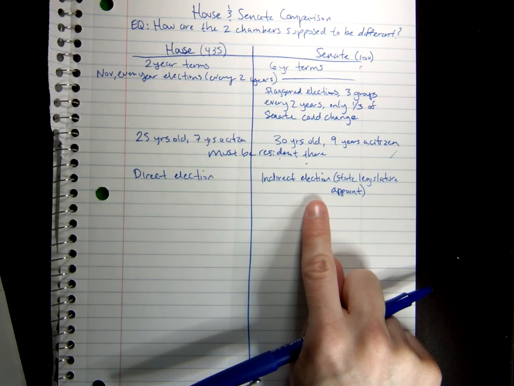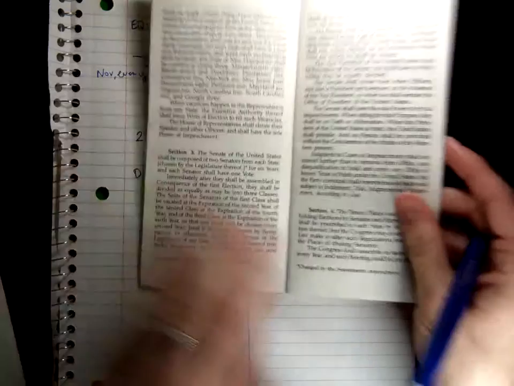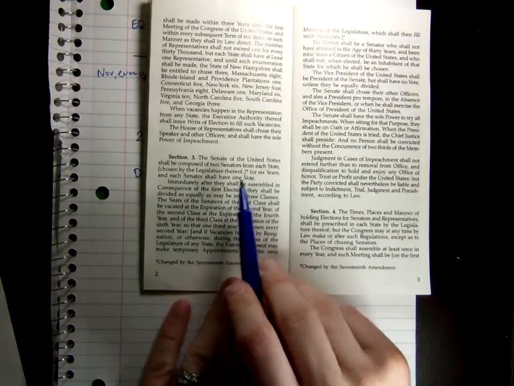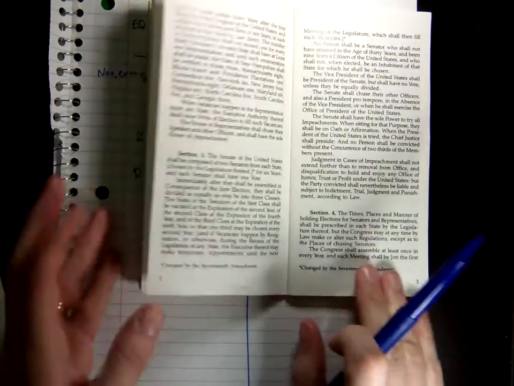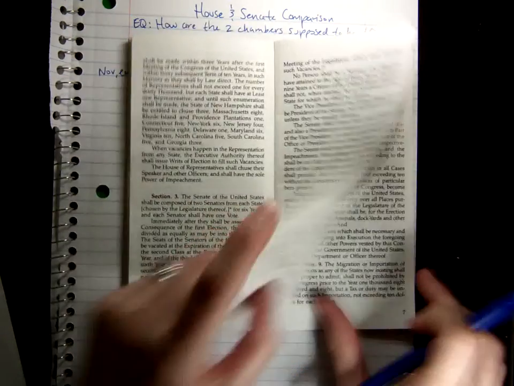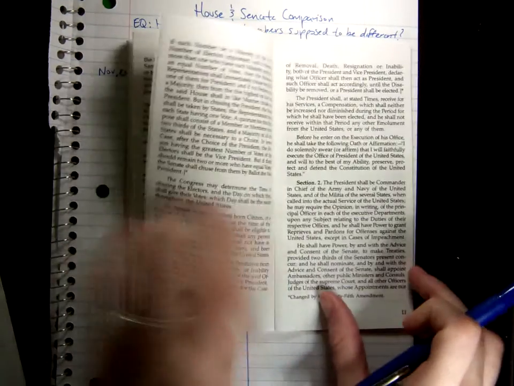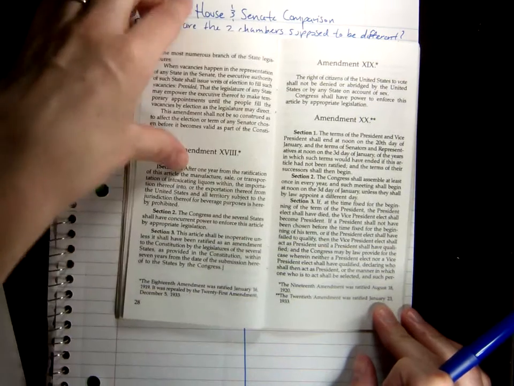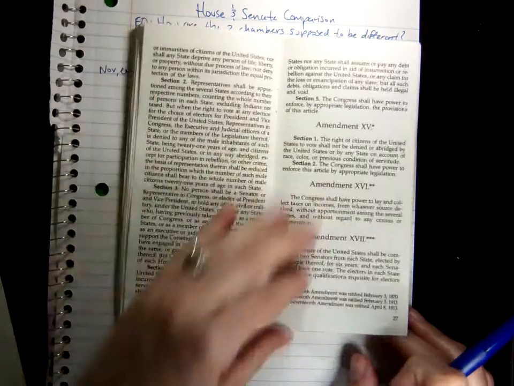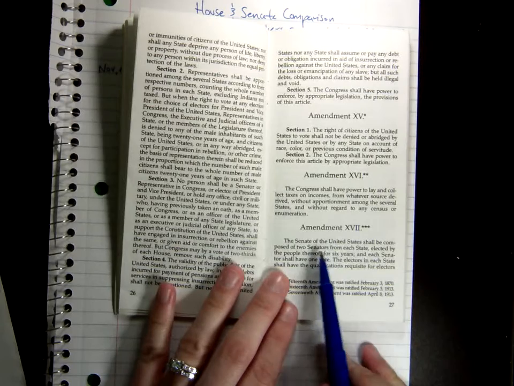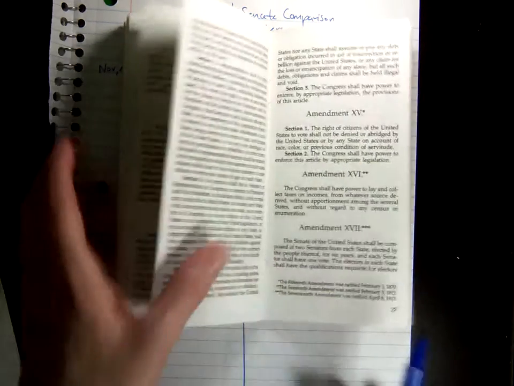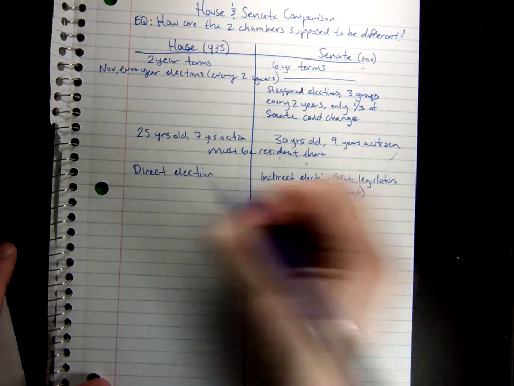But that has changed, and you can tell, at least in this version, when there's been a change because of brackets and an asterisk. This tells us down here that that was changed by the 17th Amendment. So what did change? The 17th Amendment in 1913 changes this so that now you do get to actually vote for your senator directly. So here it says, the Senate of the United States shall be composed of 2 senators from each state elected by the people thereof. So now we have, this was originally